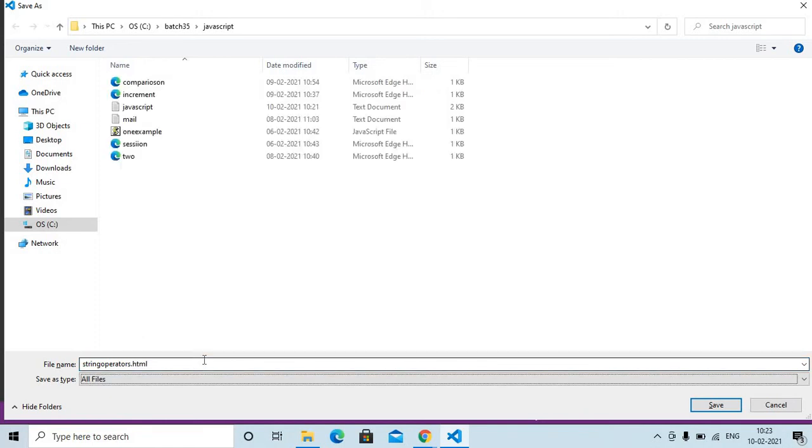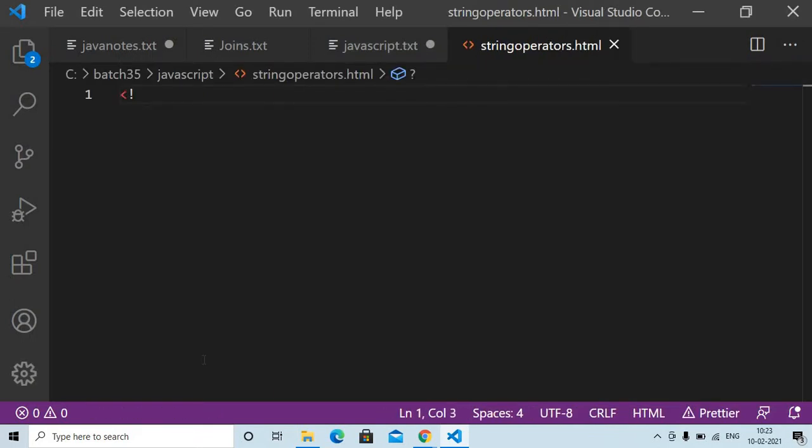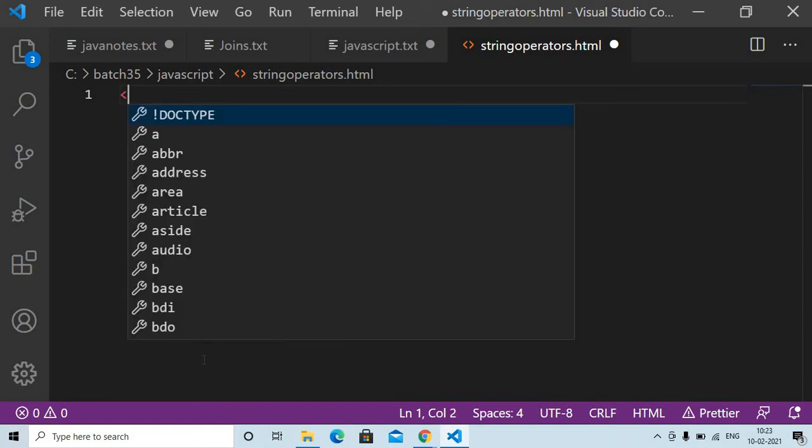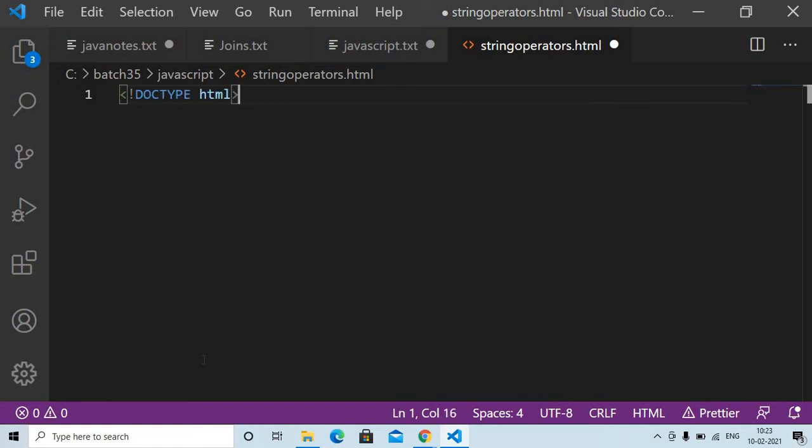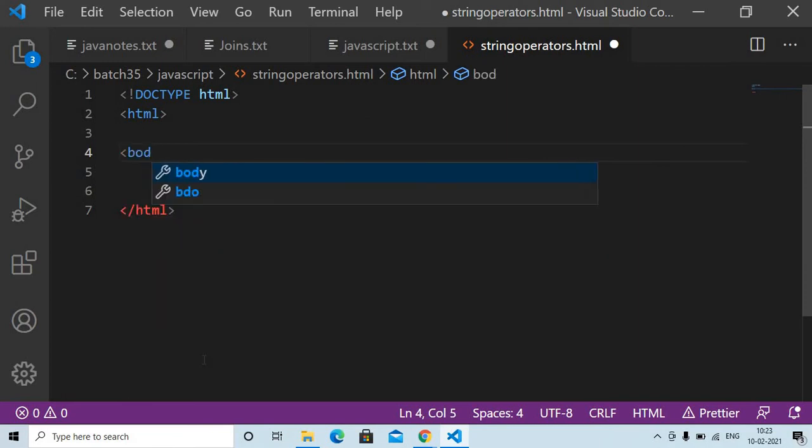Okay, save as type, all files. Doctype, then HTML, inside the body.